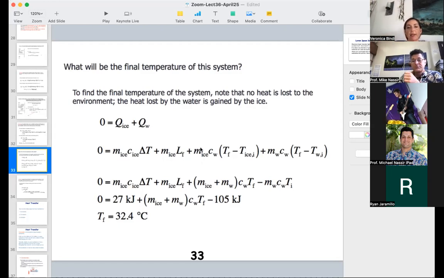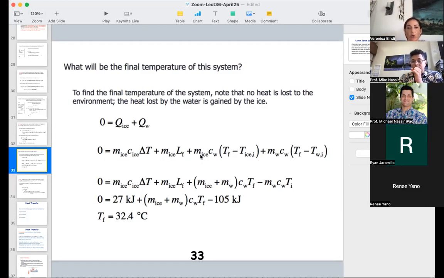So while before C was the C of the ice, now we have the C of the water, with the mass of the ice, T final minus T of the ice. Plus here we are going to have the mass of the water, C of the water, T final minus T water. So if we do all the calculations here,